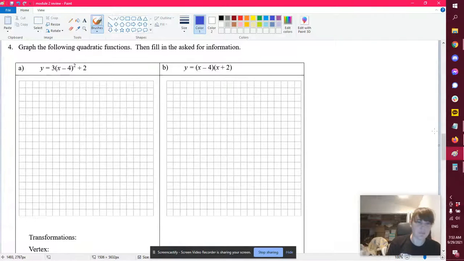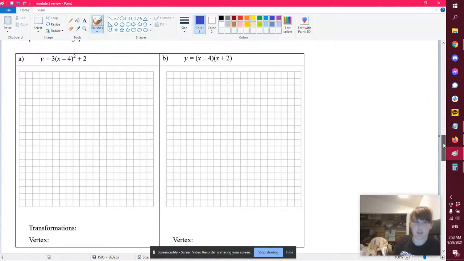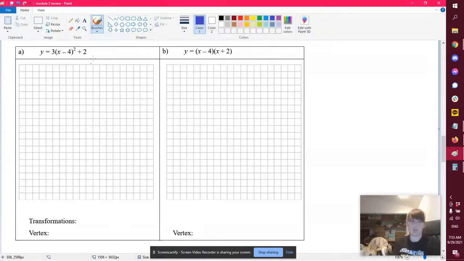All right, we're back. Now we're graphing. We've been given a vertex equation and a factored form equation of quadratics, and I want to graph them. The other thing I want to do is, for the vertex form, be able to write the transformations. So let's do the vertex form first. The transformations for vertex form,